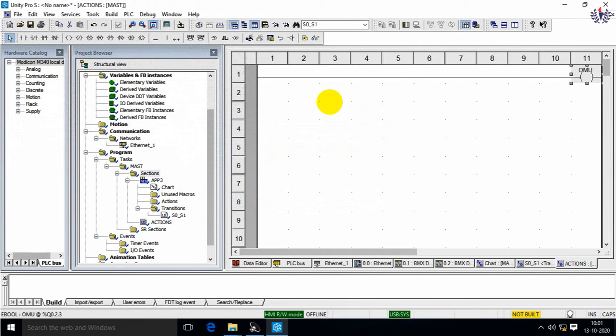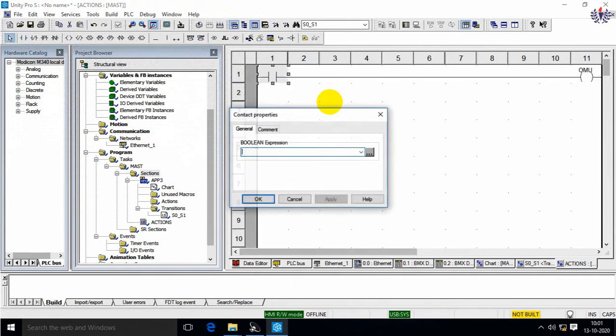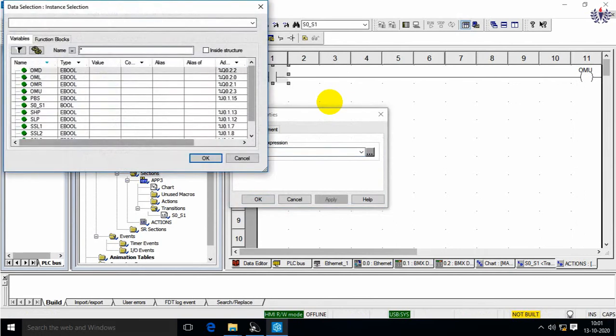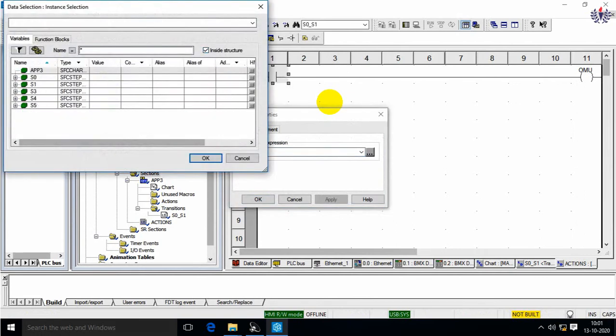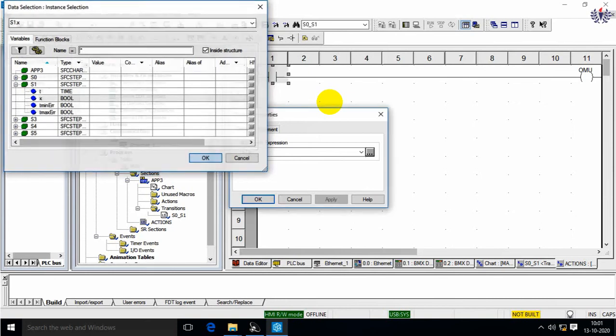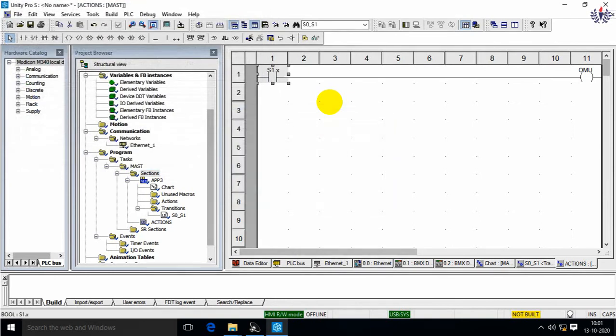So what will be the input? It is happening in step 1. So I am going to take the inside structure's value. So here I'm going for inside structure. So here it is S1.x. Okay. I picked and placed. So it is moving up. Up to which limit does it have to move? Up to the high position.